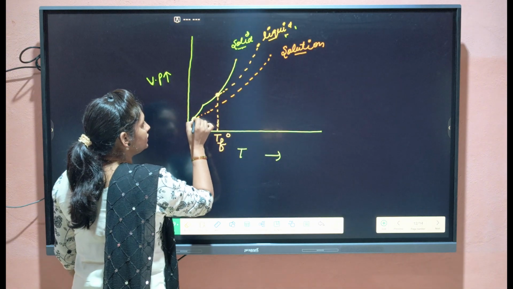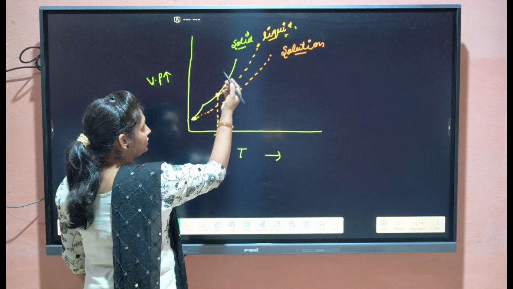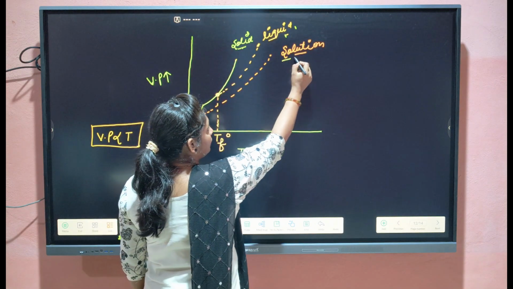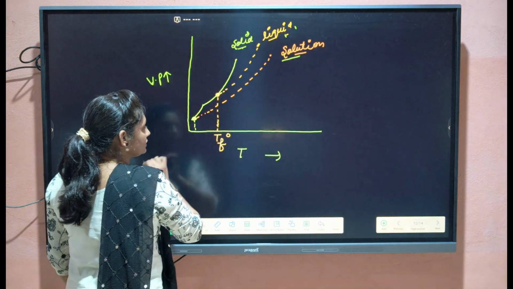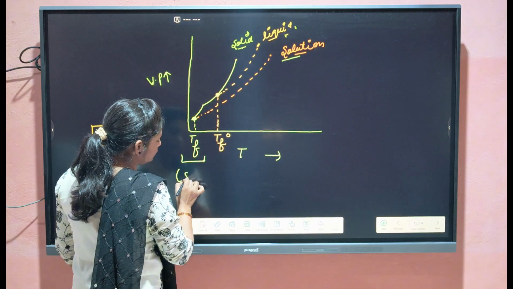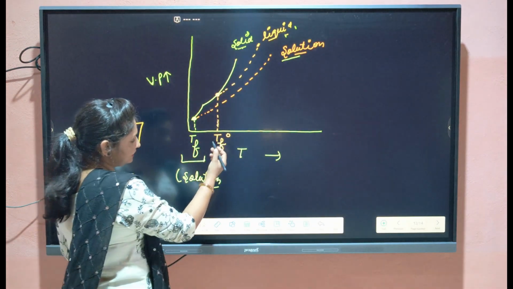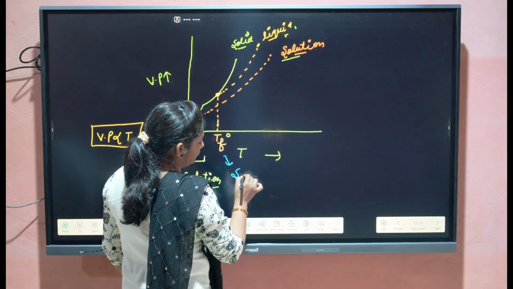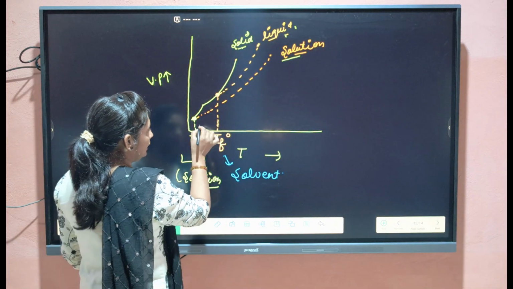And this one is the point where vapor pressure of the solid state of the substance and vapor pressure of the liquid state of the substance become equal. So again, this is the freezing point. This is the freezing point of the solution, and this one is the freezing point of the solvent. So you can see here,